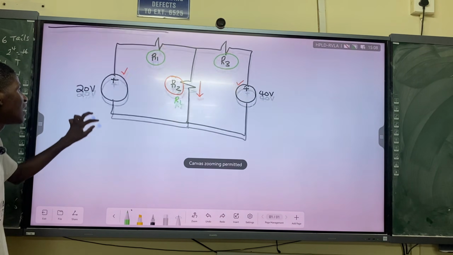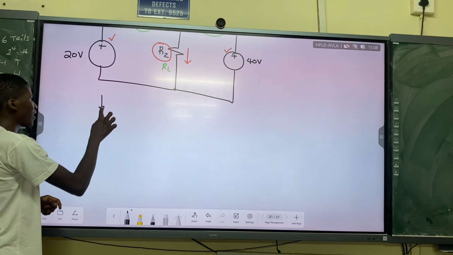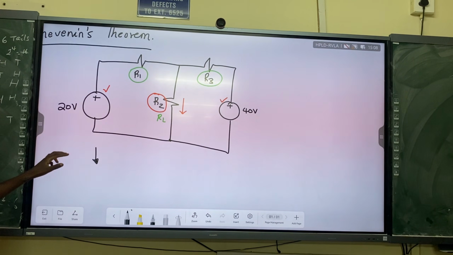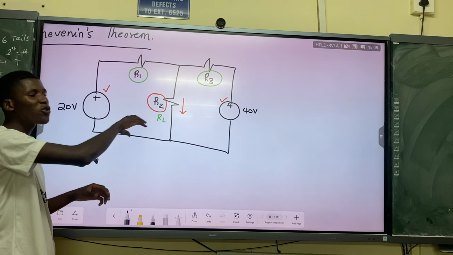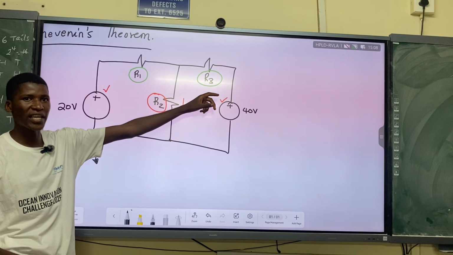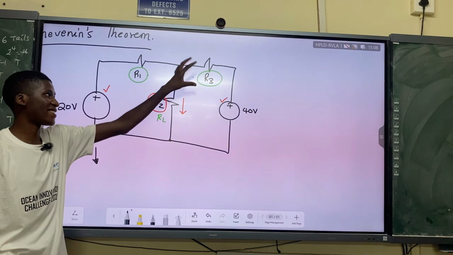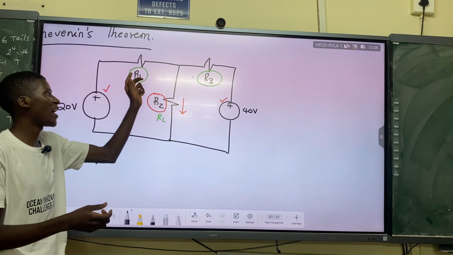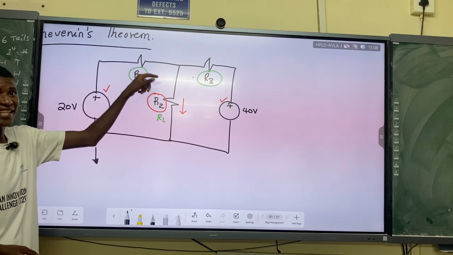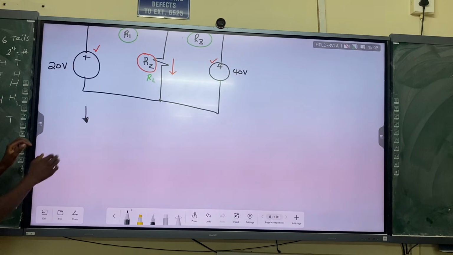to form the Thevenin equivalent? So to express this circuit using Thevenin's theorem, or if we implement Thevenin's theorem, we are saying this R2 we are not going to count it in getting the total resistance. So the total resistance here is just the sum of other resistors. It's just the combination of other resistors, but it is not including the load resistor. So how do we do that? We link the relevant things here.